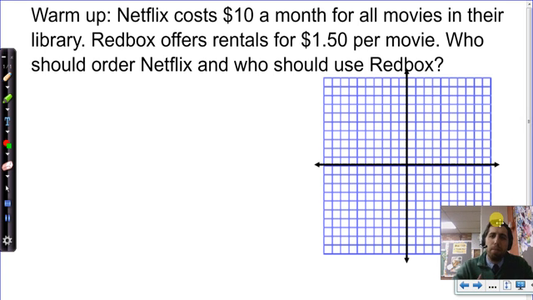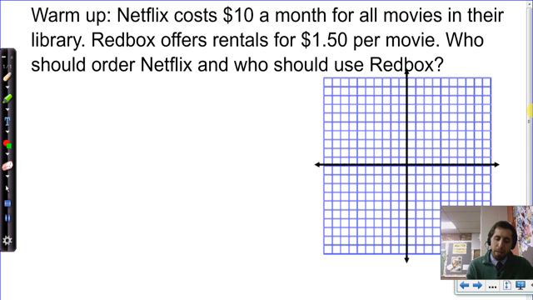Netflix costs $10 a month for all movies in their library. Redbox offers rentals for $1.50 per movie. Who should order Netflix and who should order Redbox? So, hopefully you can see that we can draw two linear equations from this. Now, if I ask you what the two variables in these decision-making processes would be,